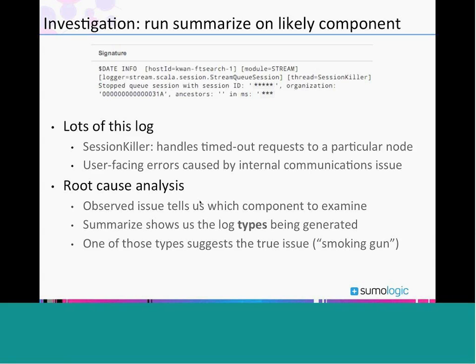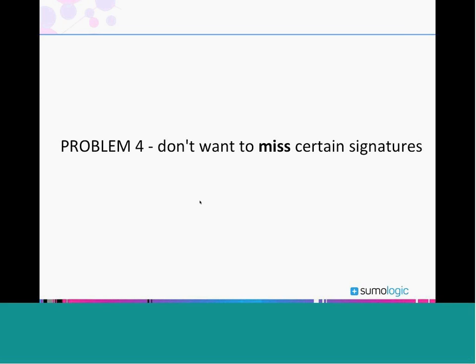So these are two uses of the technology, and like I said, the fundamental idea is that Sumo Logic will learn these signatures from the log data, and then you can use those as a lens or a window onto your data. The next things we're going to talk about are how we can further customize and extend and interact with this feature to get even better results.